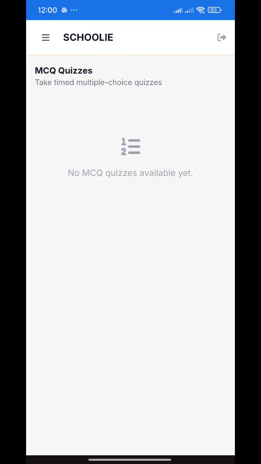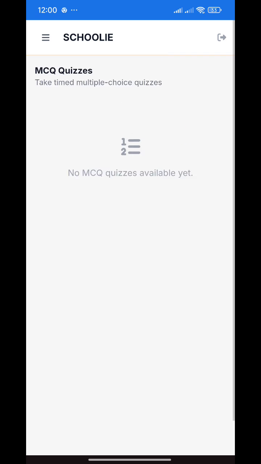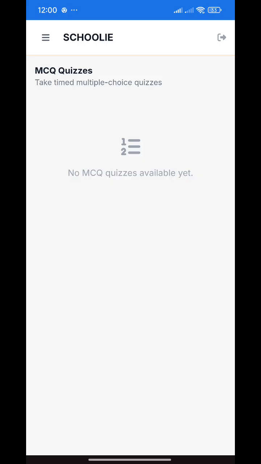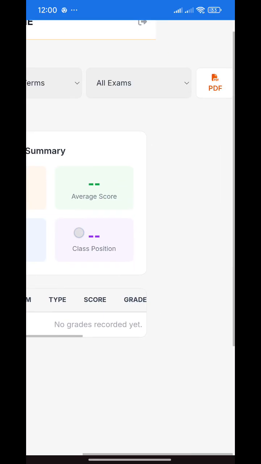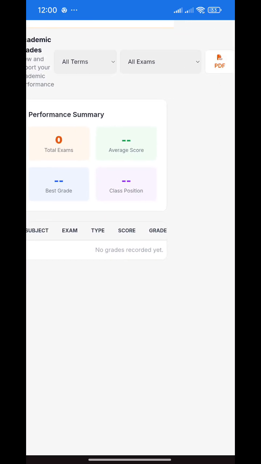We have the multiple choice questions. When a teacher creates multiple choice questions, you'll be able to find them over here, and you'll be able to do them in the given time frame. We have grades. This is where you'll see your child's grade, the performance over the exams, and you can also export it